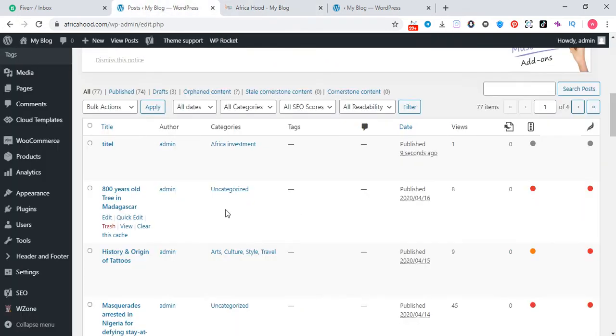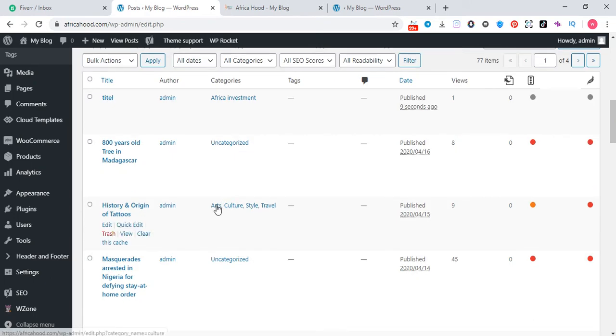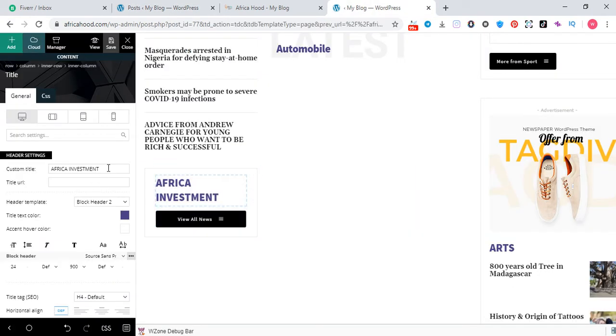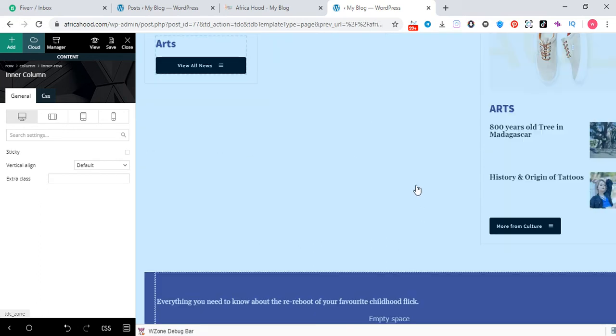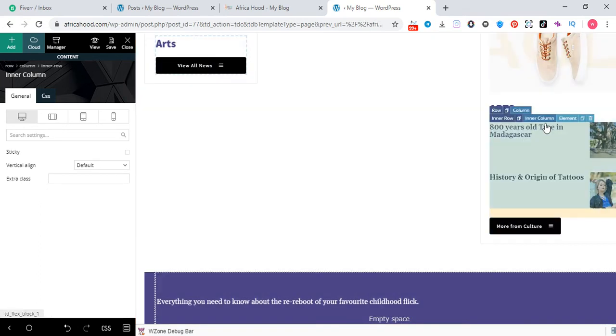You can choose any of your categories. So I am going to add art. This is your art section, so I am going to change it.